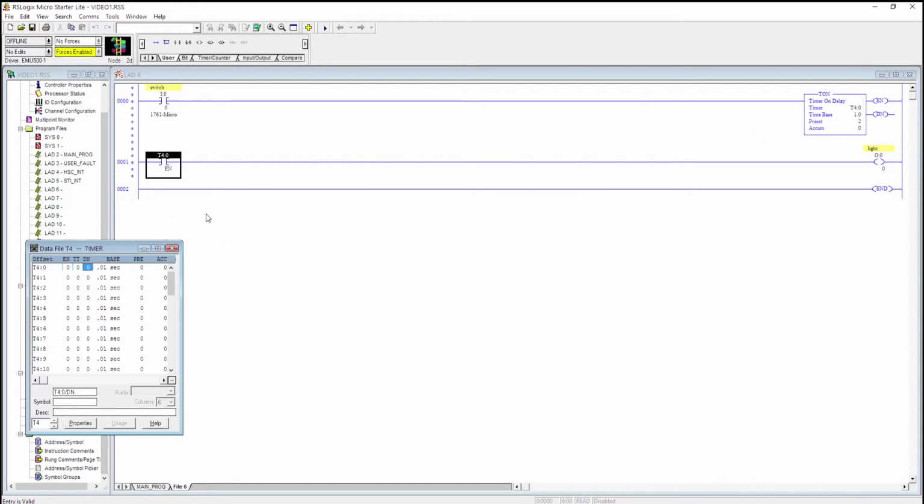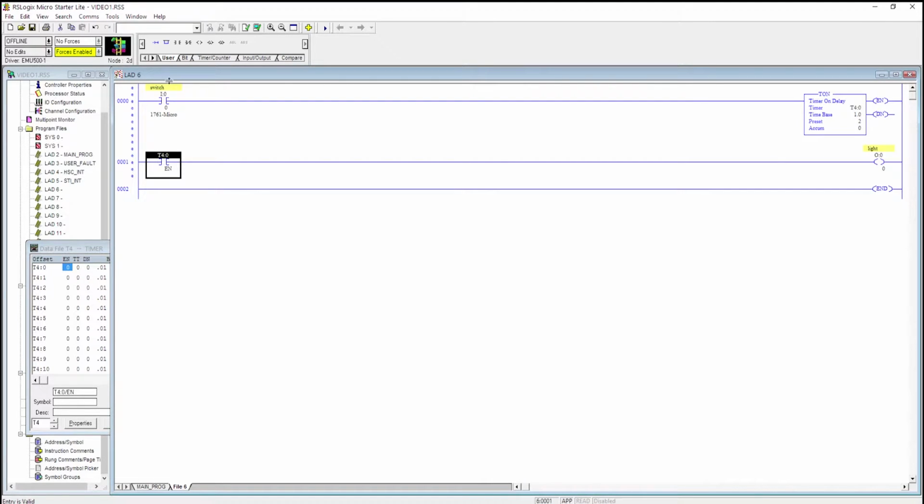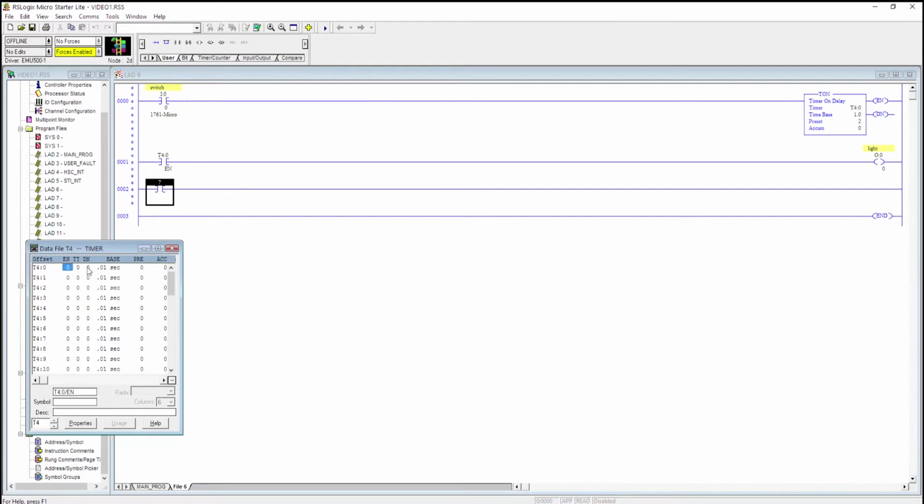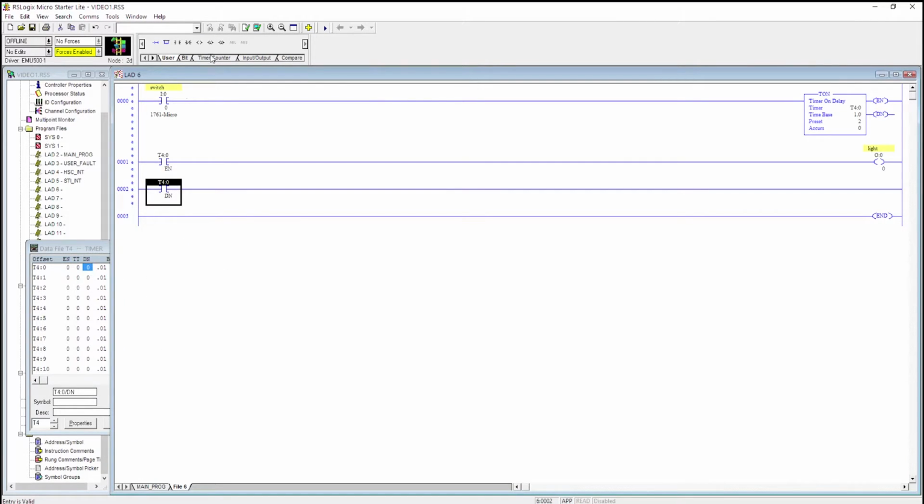And so let's say it's more of a pause: you push the button, and let's say we put this done bit in here. Then that means you push the button, it counts for 2 seconds, nothing is happening to the light for 2 seconds, and then it turns on until this is now reset. But for right now, let's just have it so it's whenever it's on. So we have that whenever it is on. And so we have the timer count for 2 seconds, it turns on the light, and whenever it is now done with that timer, we want it to reset